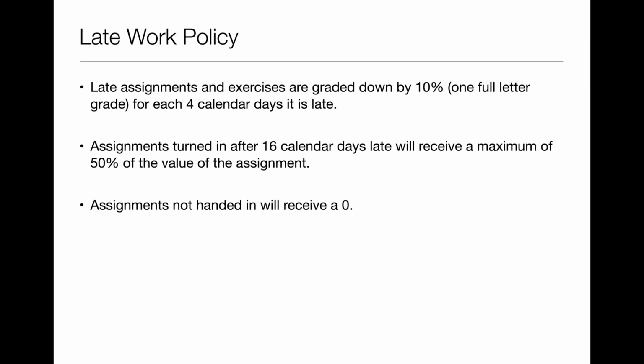So if your assignment is, let's say we had an assignment due today. If you didn't turn it in, you have 4 more days to turn it in by midnight. If you don't turn it in those 4 days, it's going to be marked down another 10%. So let's say it was due today, you didn't turn it in, and you turned it in tomorrow. It would drop by 10%. If you had an A, it would become a B. If you had a B, it would become a C. If you didn't turn it in for 4 days, it would go from an A to a C. And so that's the kind of thing you want to avoid.